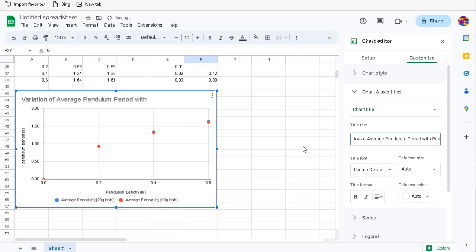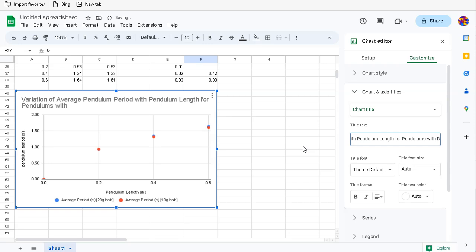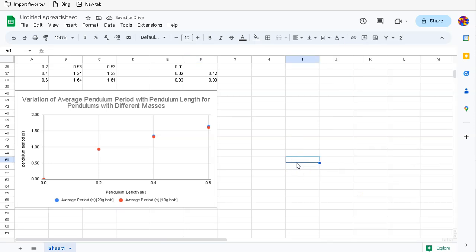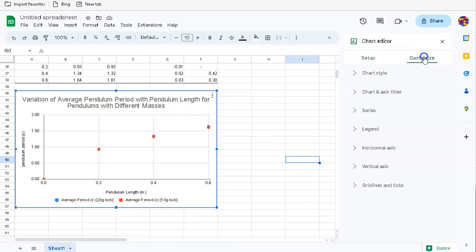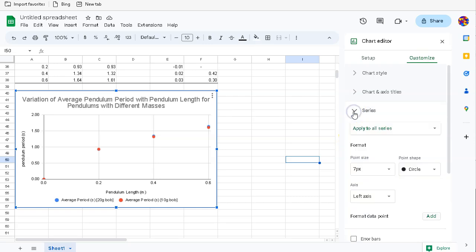With pendulum length for pendulums with different masses. I'd like to center that, so I can select center from here, and I'm happy with my graph. I'd like to know what kind of curve this is, so I'm just going to double check that this is okay. Yep, that's okay. I'm going to go back into my edit chart, go to customize, go to series, and